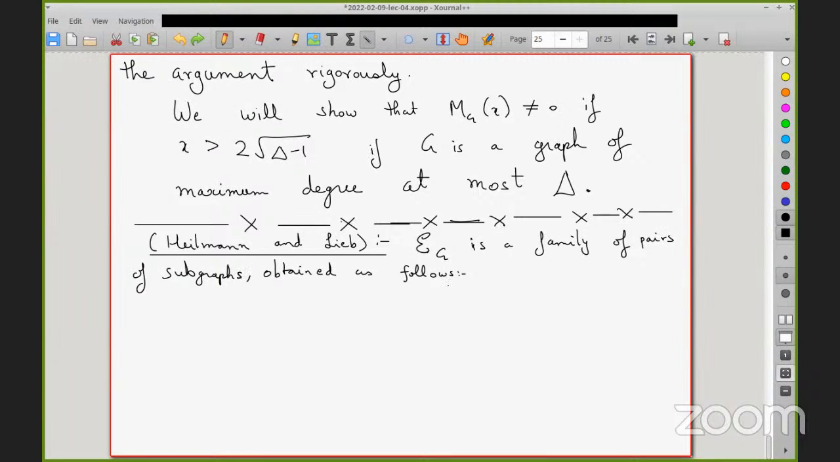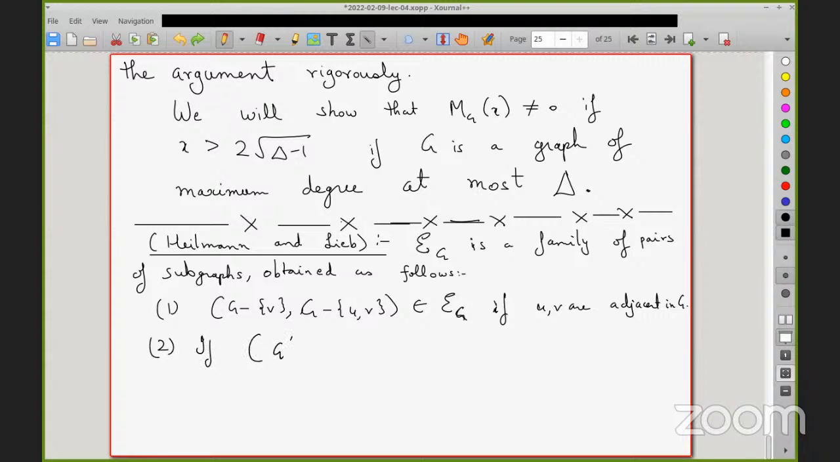First, G minus V and G minus UV is in EG if U and V are adjacent. So the point is that these things can appear, one of them on the left hand side of the recurrence, the other on the right hand side of the recurrence. So that's what this EG family is going to do, if U and V are adjacent. Second thing is that